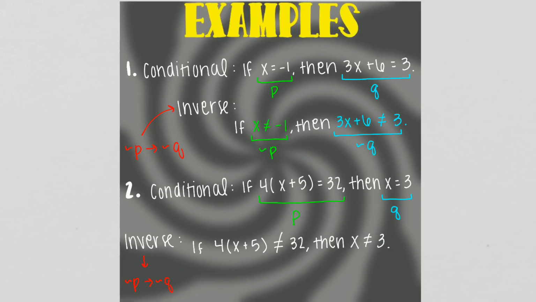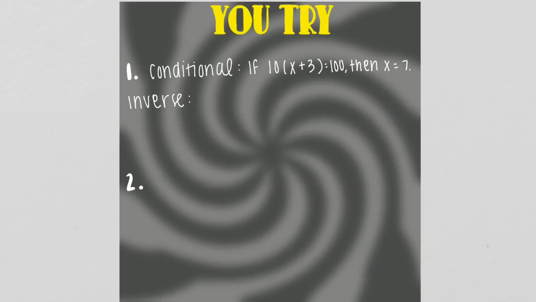So just to get familiar with it, just to get in the habit, we're going to label our hypothesis, or our P. And remember, this is not P. And same thing with the conclusion. It's now not Q. So the first one you're going to try, the conditional statement is if 10 parentheses x